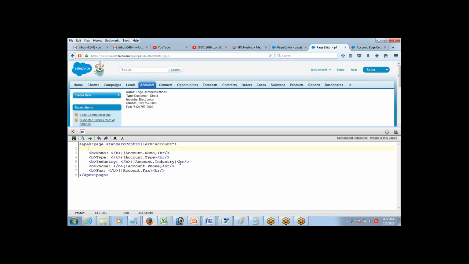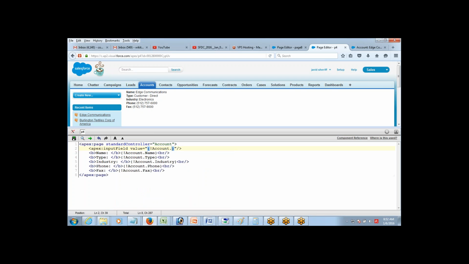An input field component allows you to have a text box where you can enter the value. So not just seeing the data, you can also enter information into it. In the input field component there is an attribute called value. You can make the value equal to